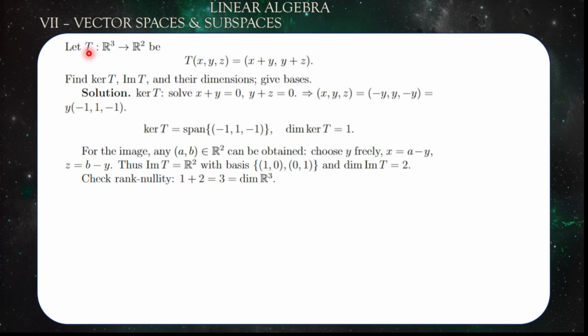Another exercise. Let T be the transformation from the dimension 3 to the second dimension. Let T(x, y, z) be equal to (x + y, y + z). Find the kernel of T, the image of T, and their dimensions, and give the basis. At first, to find the kernel, we need to solve x + y = 0 and y + z